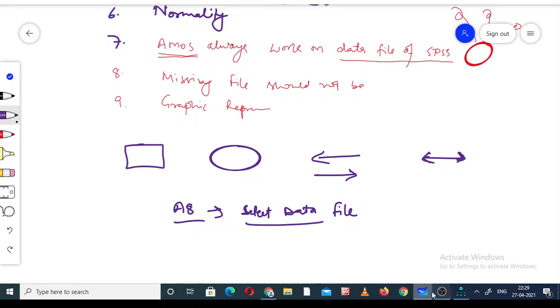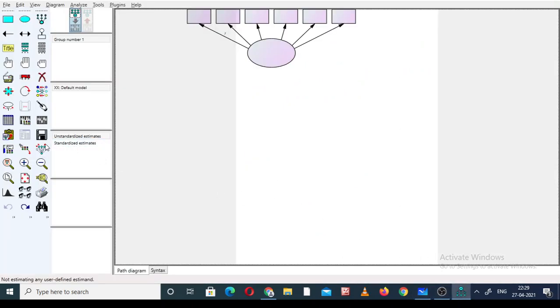So like this, just check it. As we discussed, these four boxes are very important. The box, the circle, the one side arrow, and the double-headed arrow. So these four are very important. We can draw it. We just click on this one, and we can draw it here. This is one like this. We can increase the size. We can decrease the size also.